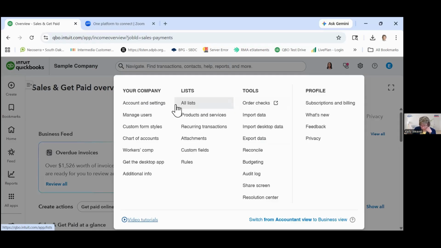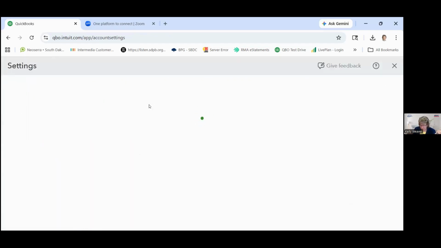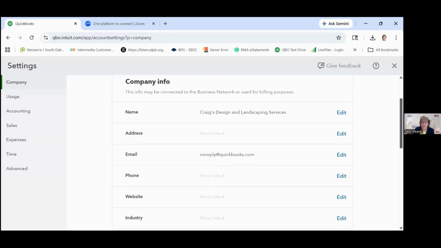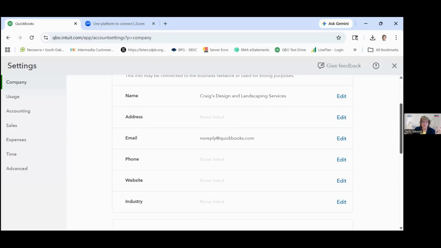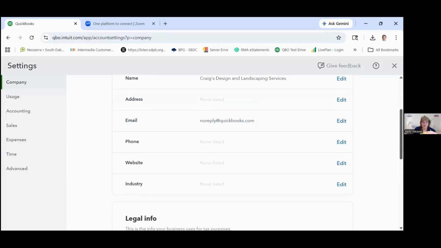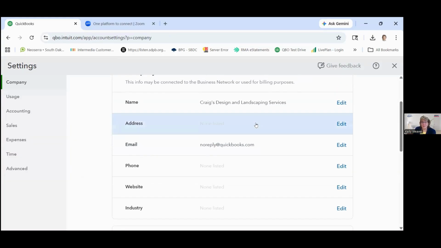and you can get rid of the stuff that you don't use, and you can customize the stuff that you do. So for instance, under the company section, under account and settings, this customizes what you have access to, and it's got your company information. So if you're creating an invoice and it's not printing an address, guess what? That's because there's no address here. So this is where you could come in and edit. You can change your company email, you can come in and edit that. While you don't need all of this information in here to operate QuickBooks, if you're using features like printing an invoice, you probably want your phone and your website and your address on there.